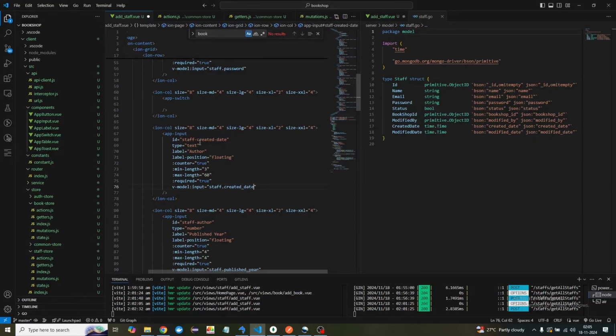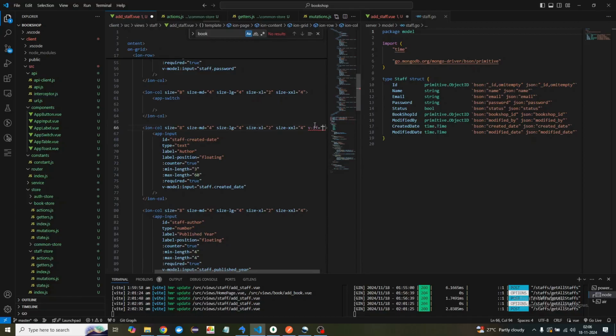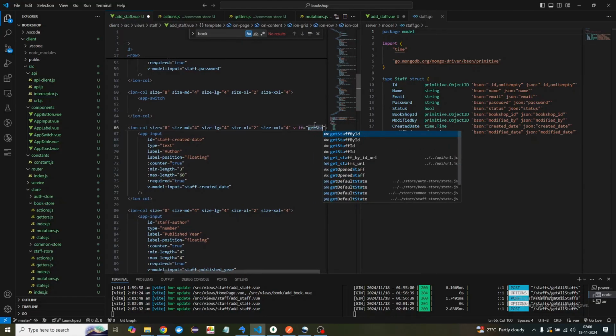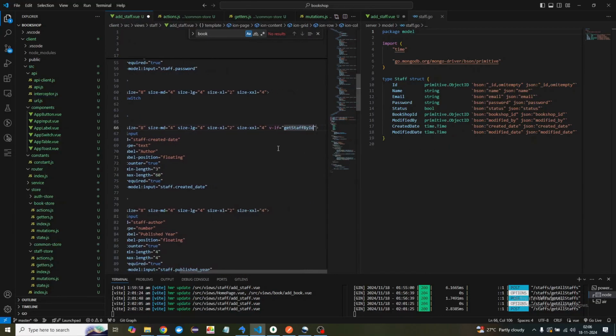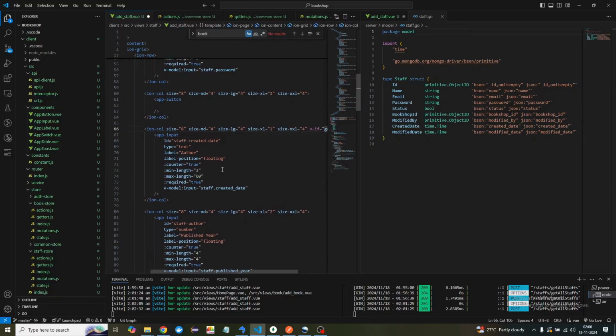And then this will only be visible based on a condition. So we know how we can put a condition on a Vue.js element. So I'll say v-if, we use the v-if directive over there, and then we need to put that condition here. And what is going to be the condition? Of course the condition is going to be get, and we can say staff ID, right? If a staff ID is there,